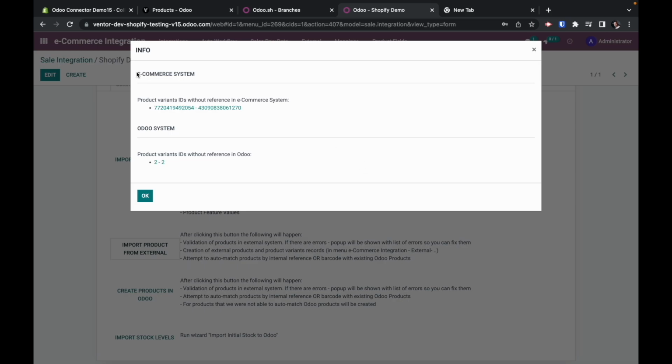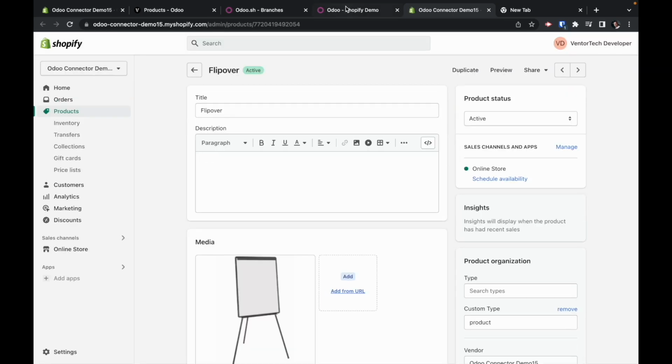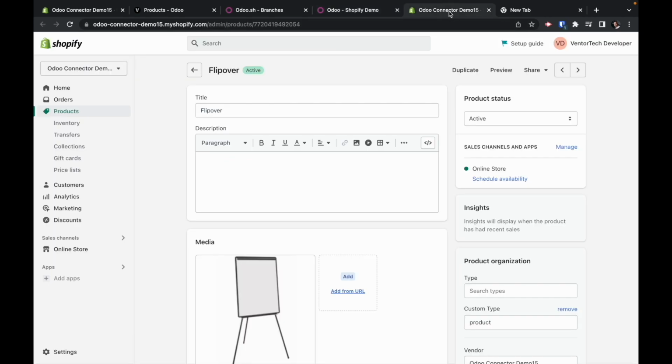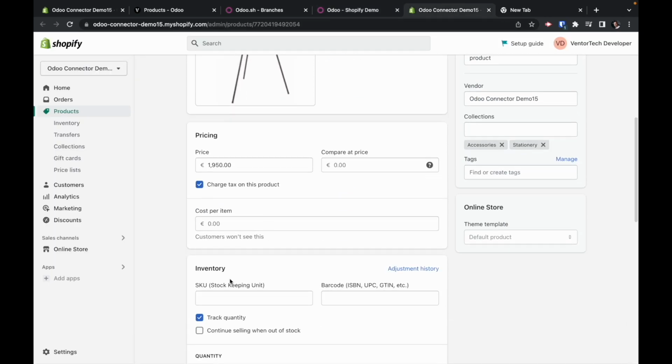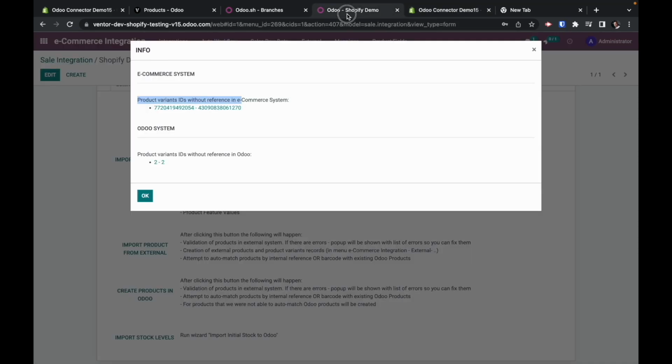As you can see, there is a pop-up saying that there is a problem with the product variant in Shopify, with a quick link to this product. Let's go and check it. As shown here, the product variant has no reference in the e-commerce system. So let's go and add a SKU. Okay. And also there is a